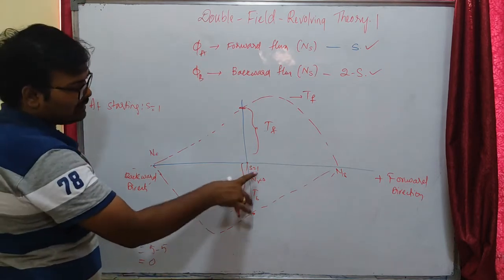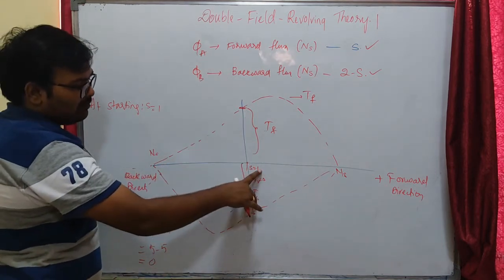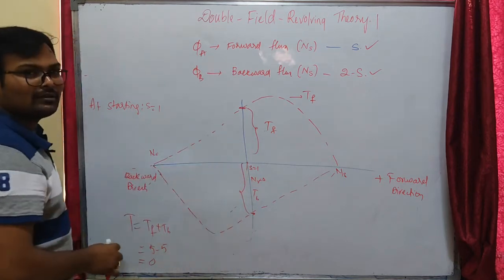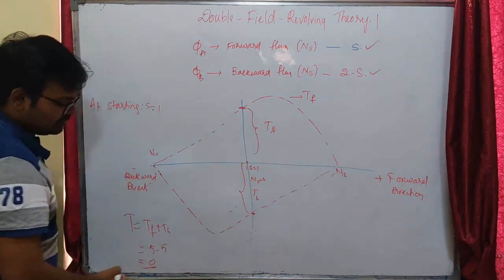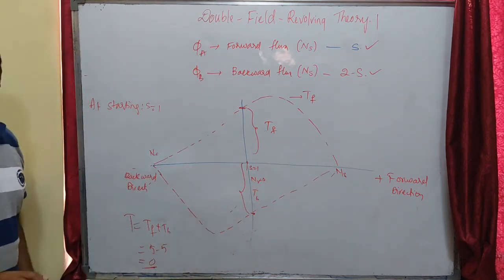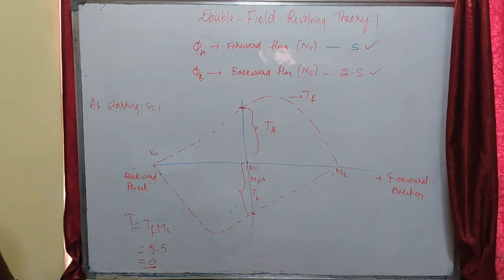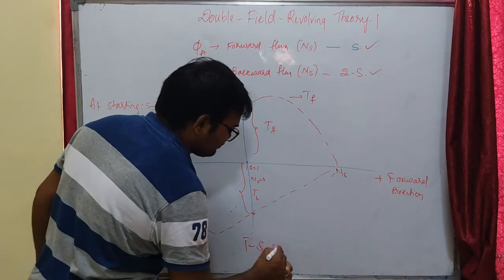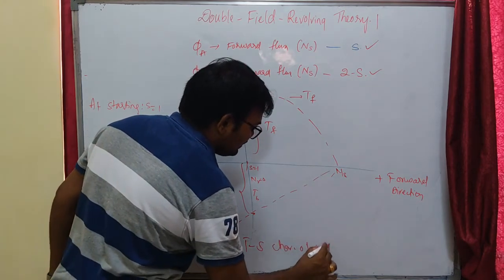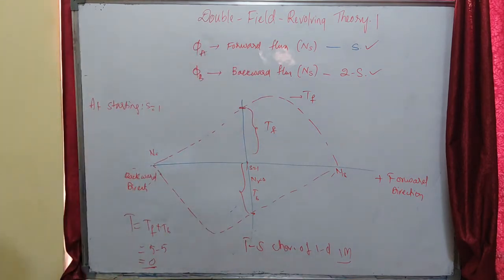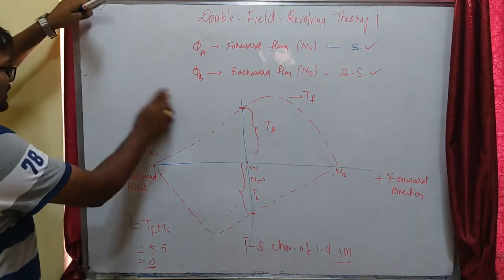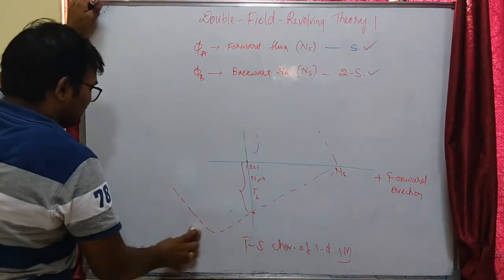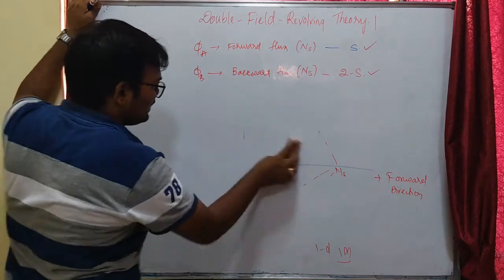Here at starting, what is the net torque? This is the forward torque and this is the backward torque, having equal magnitude in opposite directions. That means the net torque is 0. That's why at starting our single phase induction motor is not self-starting. This is the understanding using the torque-slip characteristics of the single phase induction motor. So this is why our machine is not self-starting: two torques act, forward and backward, but they are equal and opposite at the time of starting.